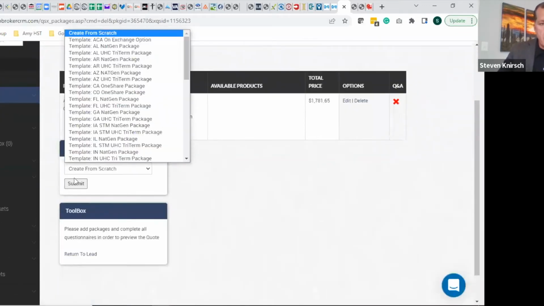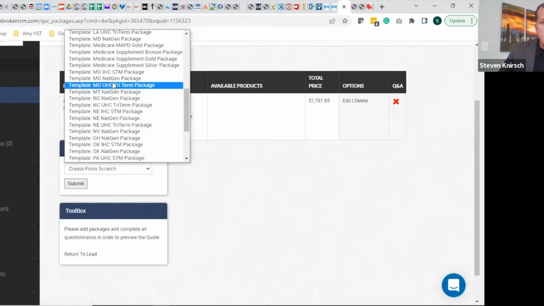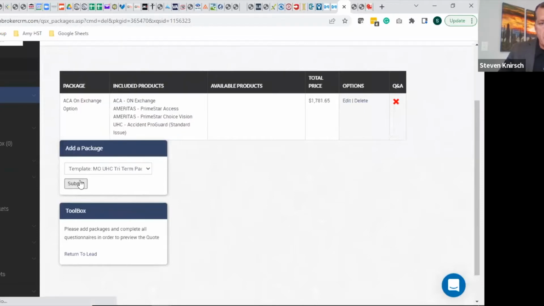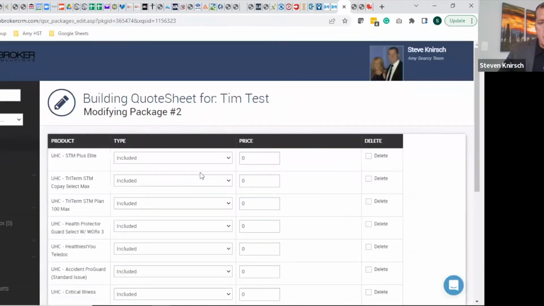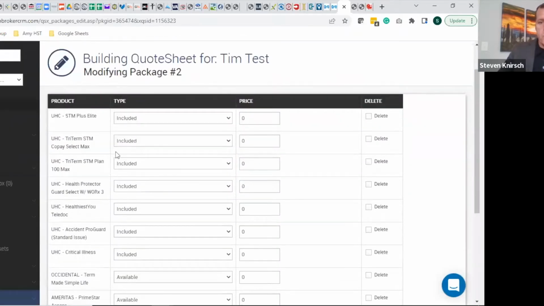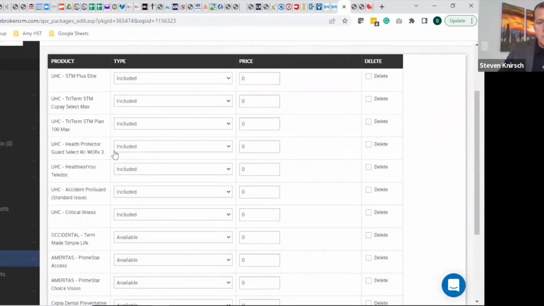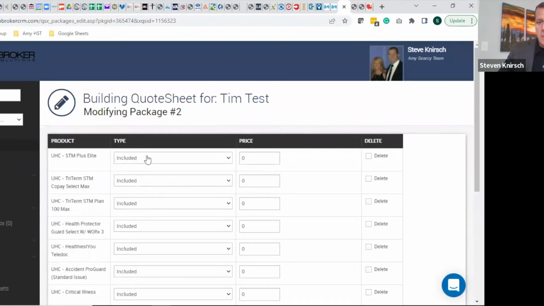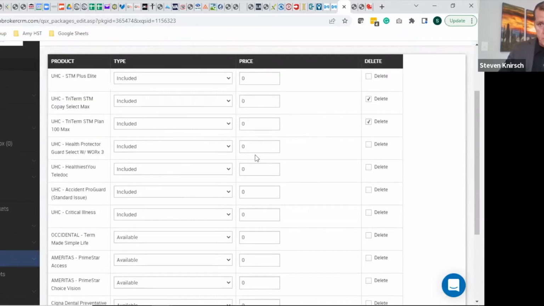Okay, now we're going to go and do our template number 2 for Missouri. We're going to do United Healthcare. And on this template again, we're looking at a short-term medical plan plus accident, critical illness, dental, and vision. So which plan am I going to use? This is a family of 4, so we're going to use the short-term plus elite plan. But you could use the tri-term plan. You could use any of these. It's just for this example, we'll use short-term plus elite, which would be 12 months worth of coverage in the